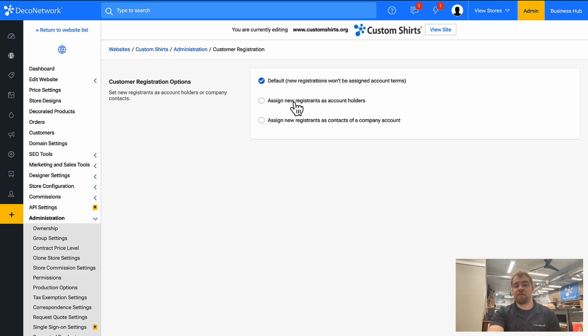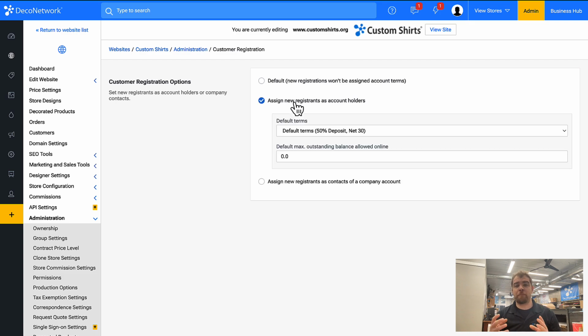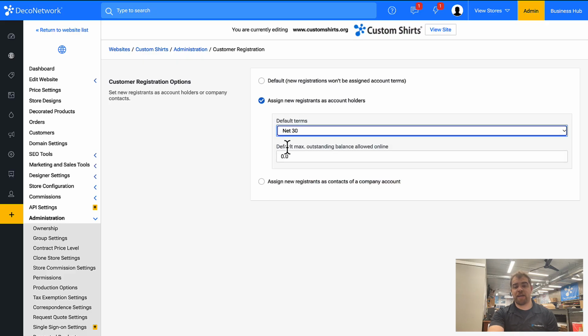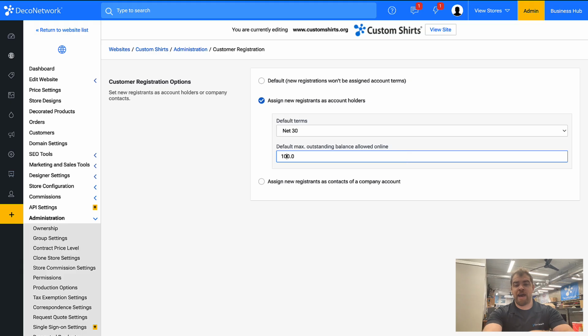By default, we can allow them to be account holders. So again, no profile had been set for this individual. Anybody could come to the site, enter that generic password, and when they place the order, they're automatically given terms, like net 30, and they can run up a tab of $1,000 in this example. So you can automatically assign account terms to customers placing an order through the site,